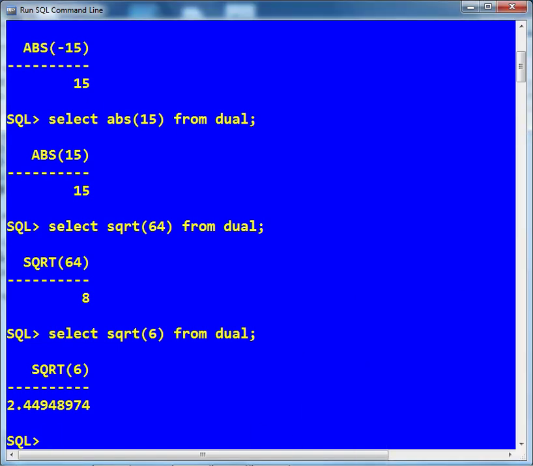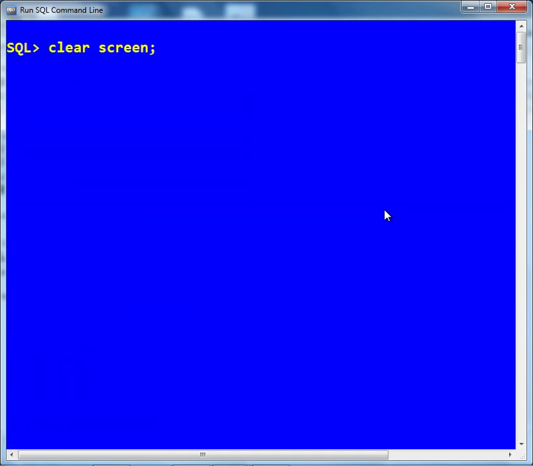Another mathematical function we have is power. Let's just clear the screen. Select power 5,3 from dual.